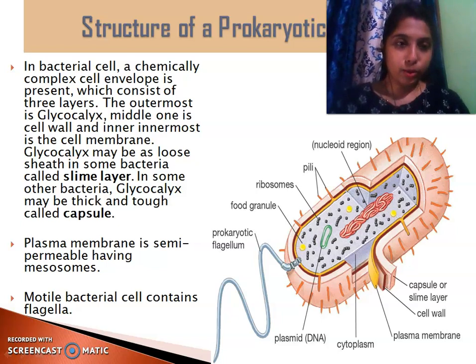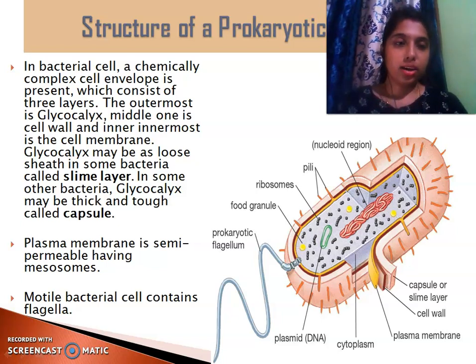लास्ट क्लास में हम लोगों ने स्टडी किया है अबाउट द प्रोकैरियोटिक एंड यूकैरियोटिक सेल. So in this class we will study both of them in details with the help of their structures. Okay. So prokaryotic cell का एक very good example is represented by bacterial cell, and so in this class we will study about the structure of a bacterial cell which will represent the structure of prokaryotic cell.